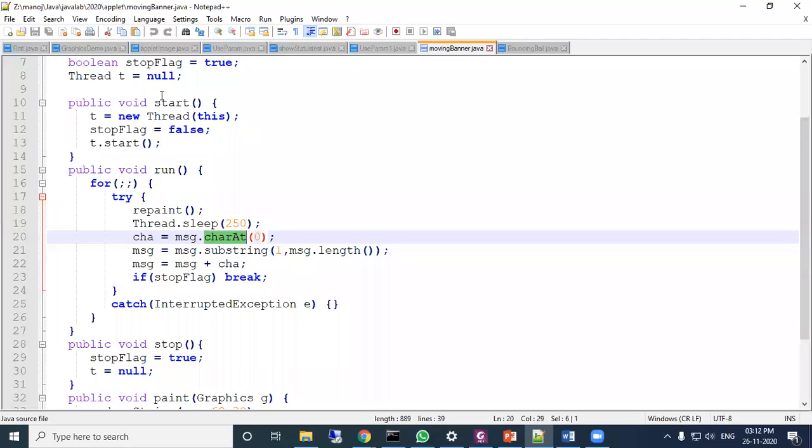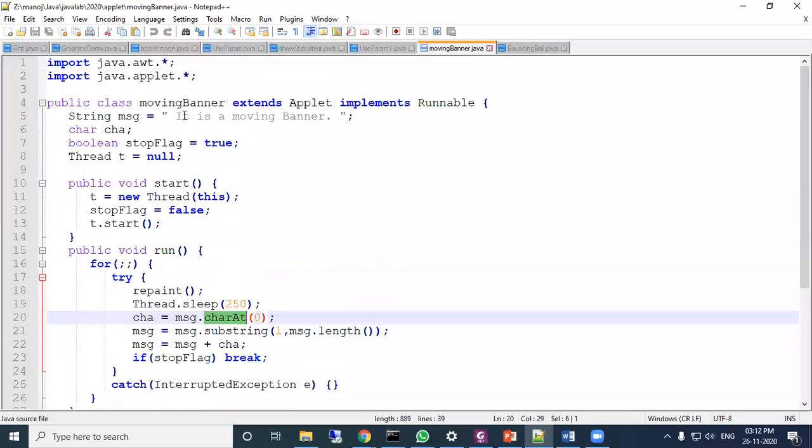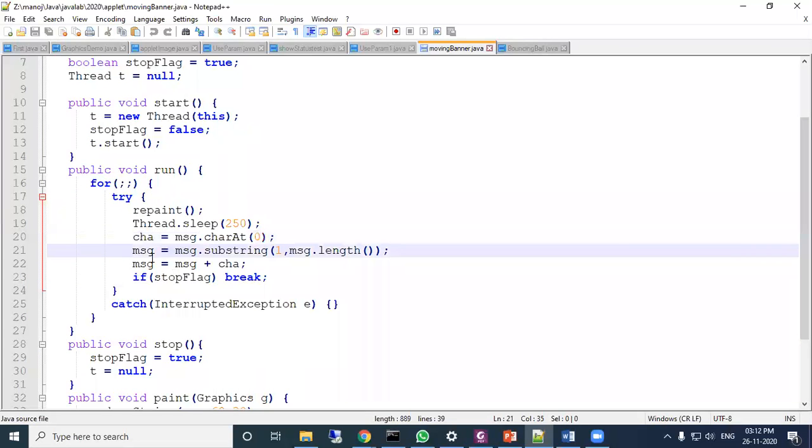MSG at the beginning contains a space, it is a moving banner. So at the beginning when it starts the execution, it extracts a blank space and stores it in CHA. And now MSG equal to MSG dot substring(1, MSG dot length()).